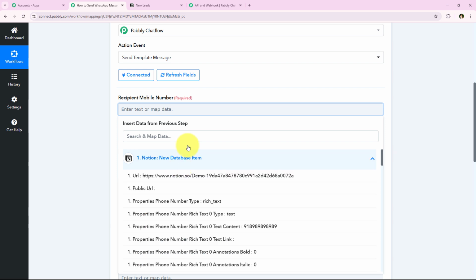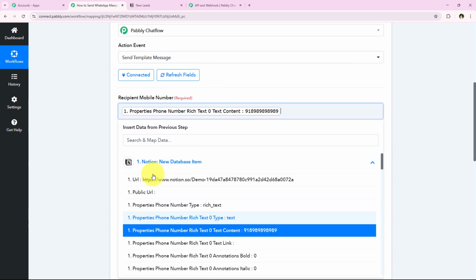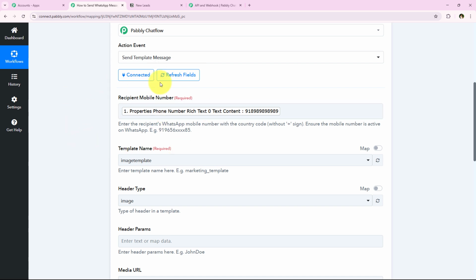So over here, I'm just going to map this recipient mobile number from the response of my previous step. Then this field is going to turn dynamic and change with every new response received. And this is the reason that our workflow is going to run in real time too. Alright, so now after entering this recipient mobile number, we are going to move on forward towards the template